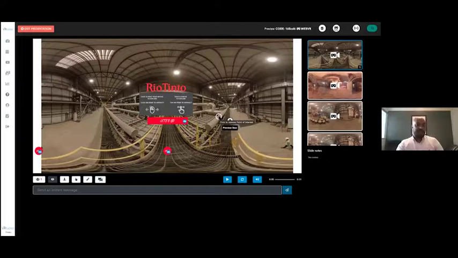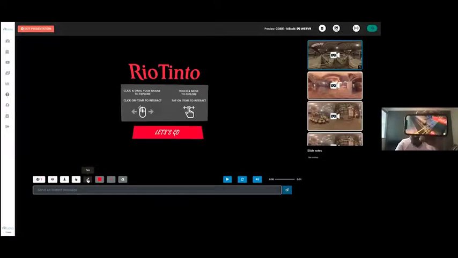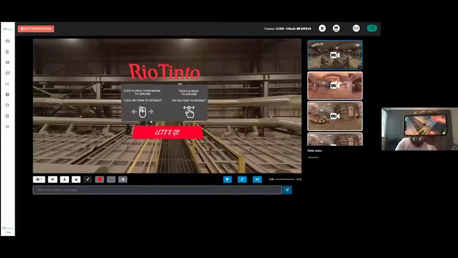So the point I'm making here is that in real time, me, the presenter, I have full visibility of where people are looking. I can interact with them. I can use a laser pointer to show them a specific area, for example, and say, this is where I want you to look. And you can see here, the laser pointer is done in real time and it's moving. I can also draw live on their screens. So in this instance, I can say, hey guys, this is an area that I want you to look at. And if I scroll, you'll be able to see the drawing that I made in real time. And if I want to play the video, I can play it for them.